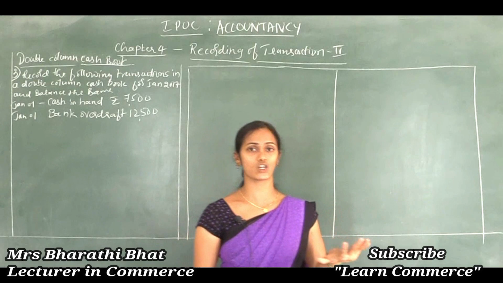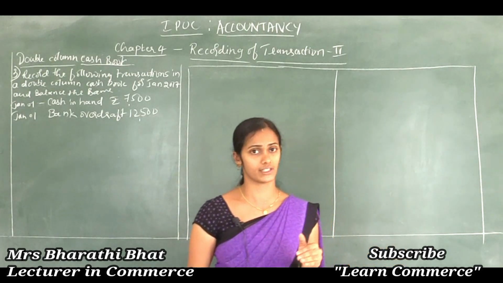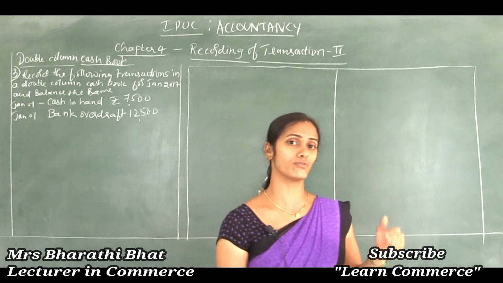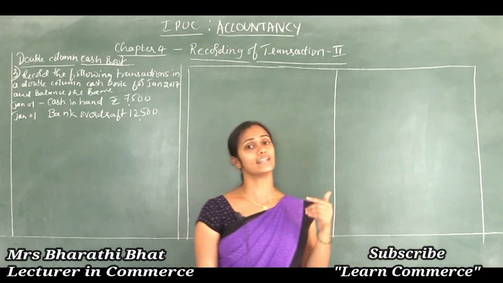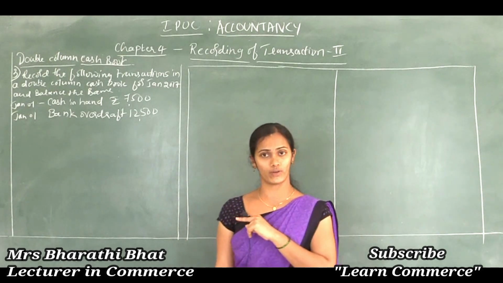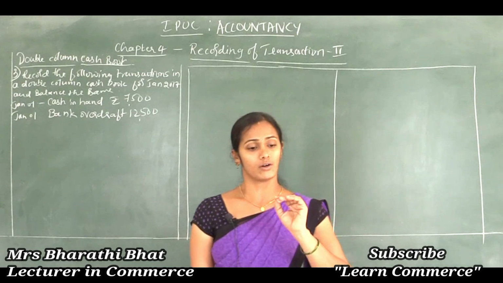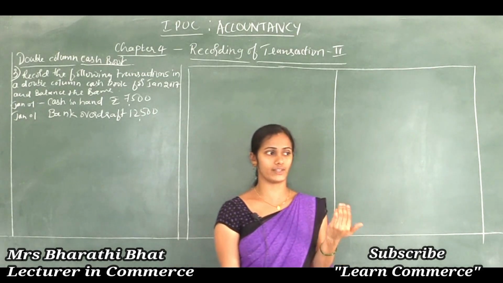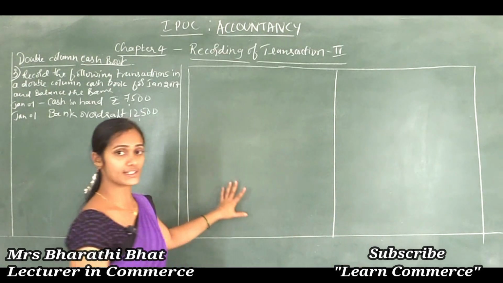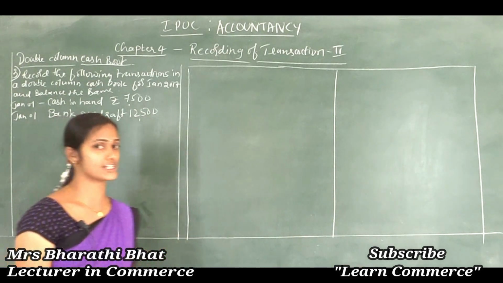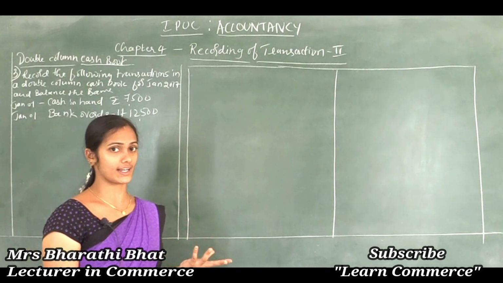Actually you have 10,000 in your current account, but you urgently need 15,000. Then you can withdraw 15,000 if you have a current account. That is called bank overdraft. Bank overdraft is a negative balance. So for opening balance, on this side we record transactions like to balance brought down. It means what? Positive balance.